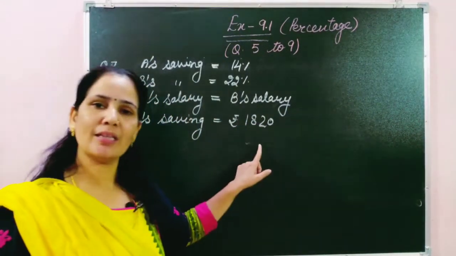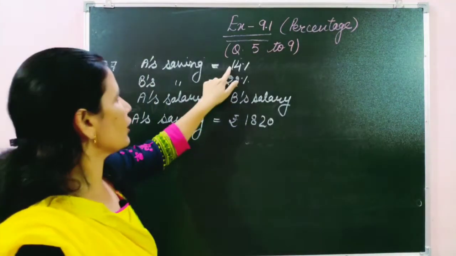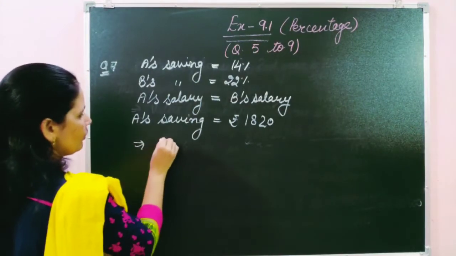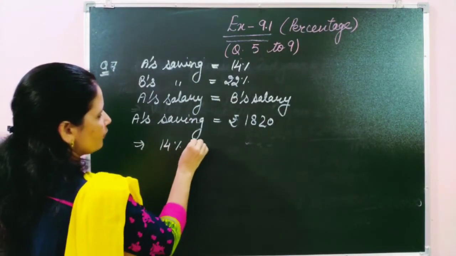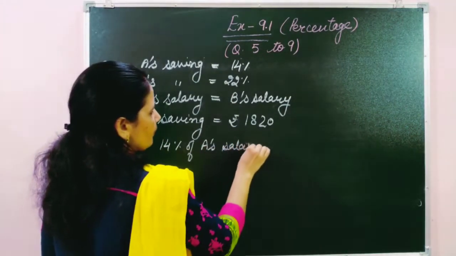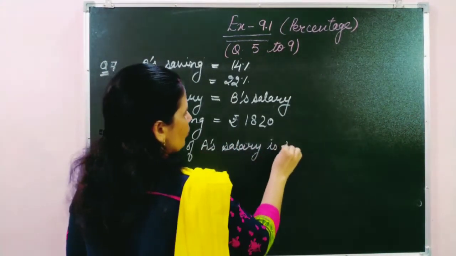So students, this 1820 is 14% of A's salary. So here we will write 14% of A's salary is rupees